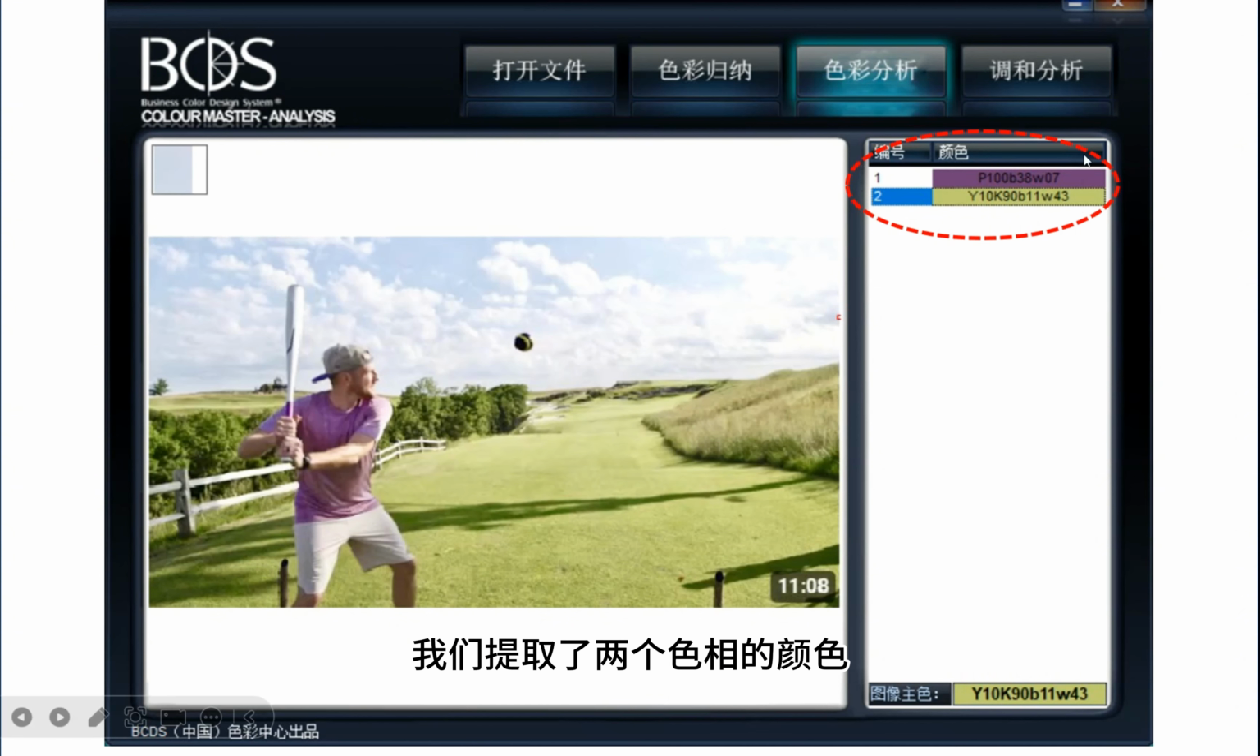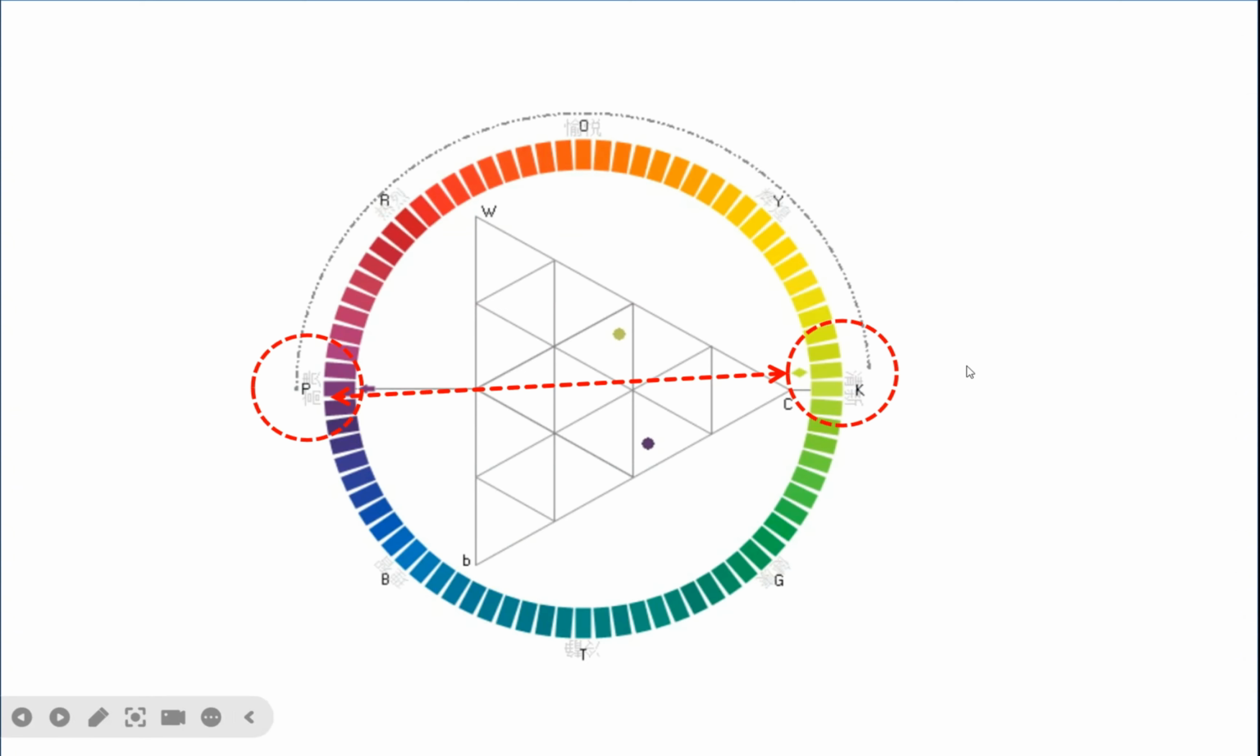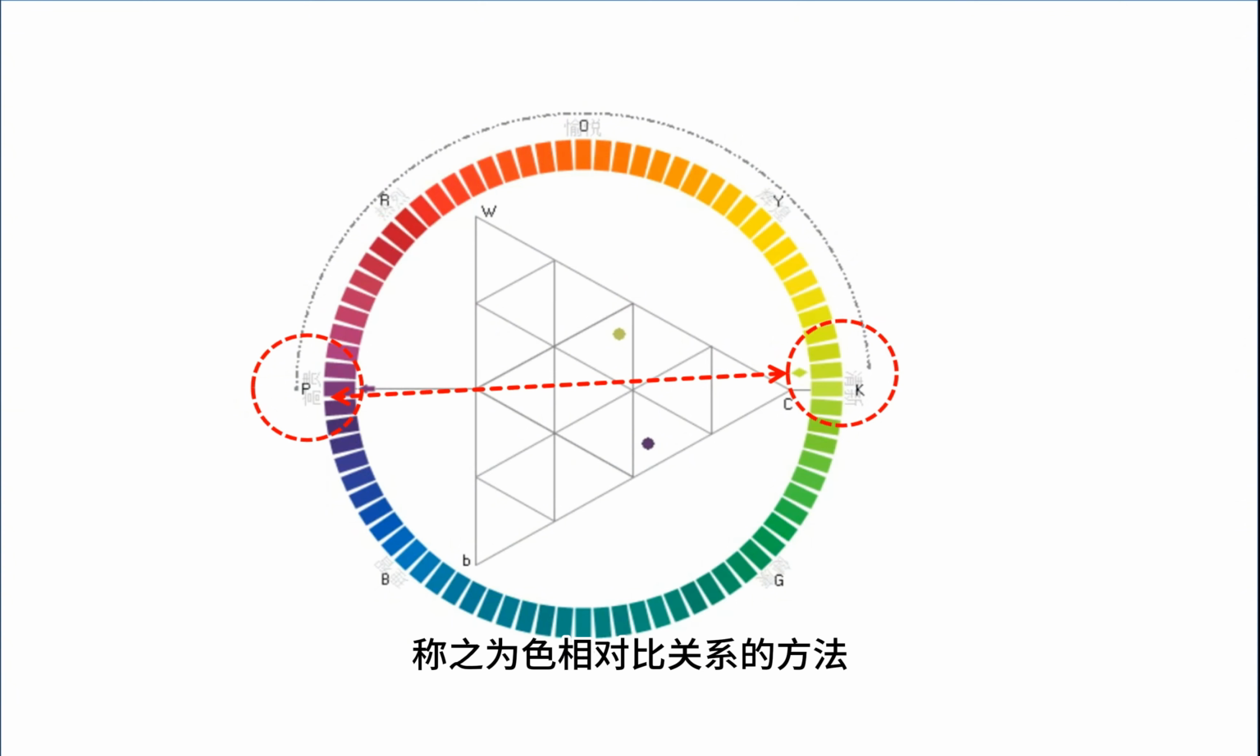First place. We've extracted two hues of color. The two colors are extracted into the CDS hue system. They appear in two opposing hue relationships. One is in the purple area, one is in the other area. As far as CDS hue systems are concerned, it's called the hue contrast relationship. It is characterized by hue contrast. In the hue loop, it is the color relationship between 135 degrees and 180 degrees. So in the first case,